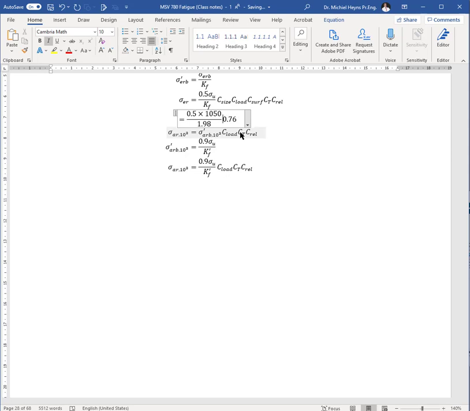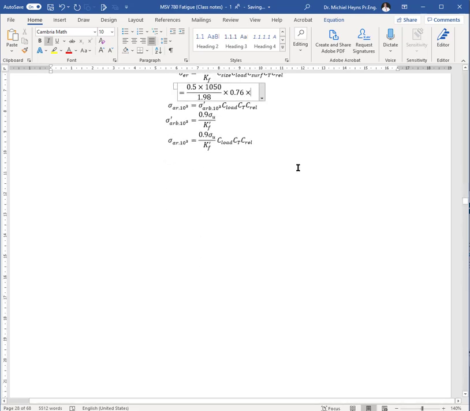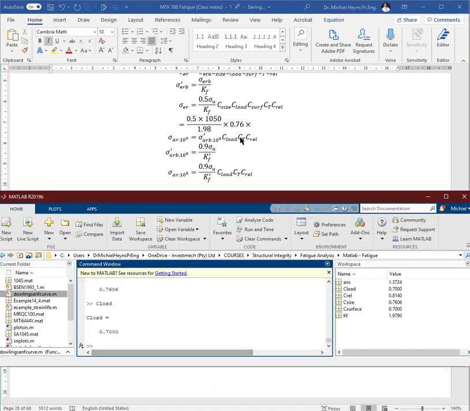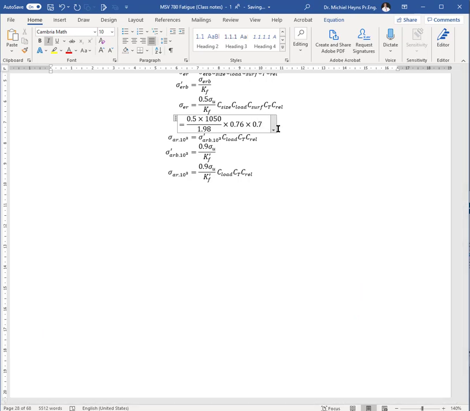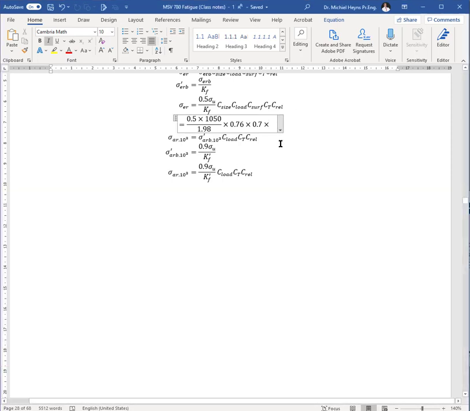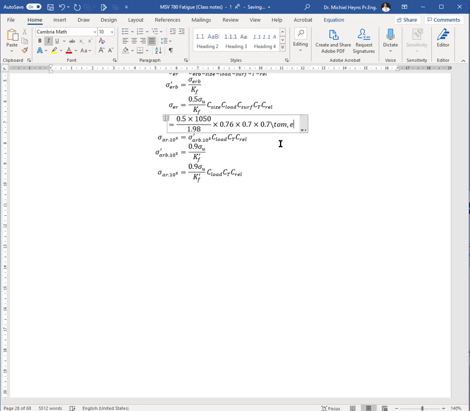And let's put the times in here so it looks better. Times 0.76, times C load. Let's look, because this is my memory for the things. C load was 0.7 times 0.7 for C load times C surface. Let's look at C surface. Oh, I can just read it off here. C surface is 0.7 times 0.7 times,